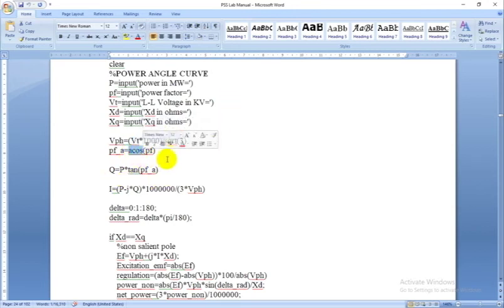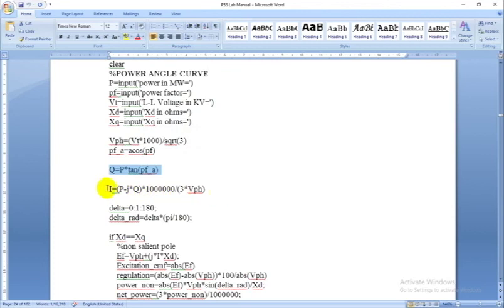So in a power triangle you will have this P, Q and S. Using that power triangle you can get Q is equal to P tan phi, and as we know the complex power S is equal to V I conjugate. So using that formula you will get I is equal to (P minus jQ) divided by V conjugate.